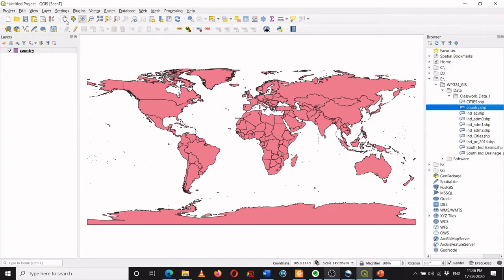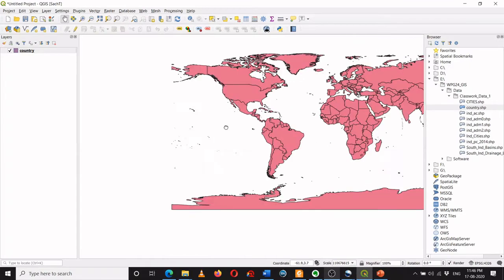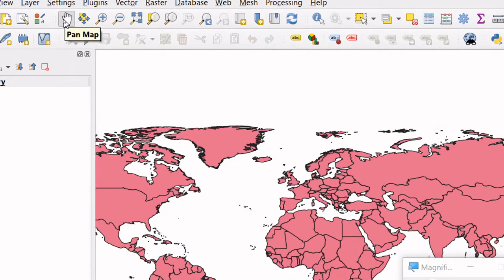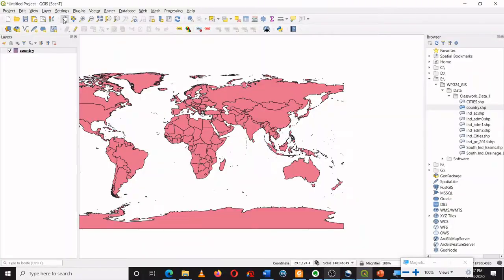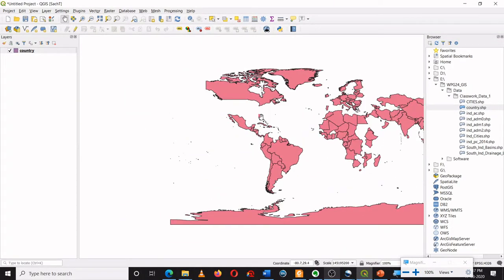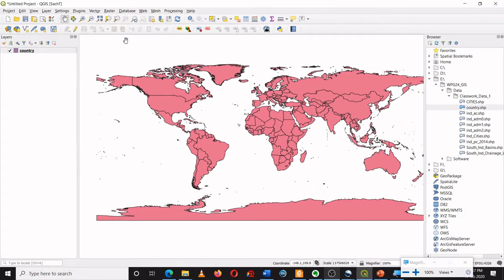I can pan this data using this option which is available over here, which shows the pan map. Similarly, we'll now see a couple of useful tools available over here in a toolbar.